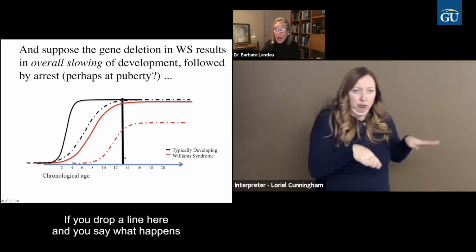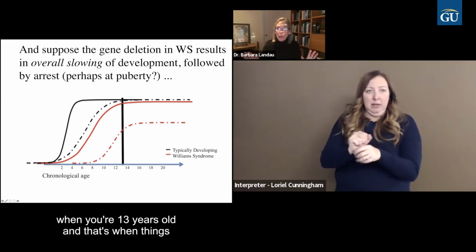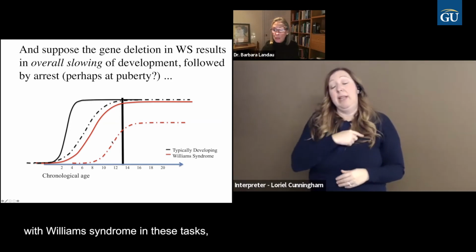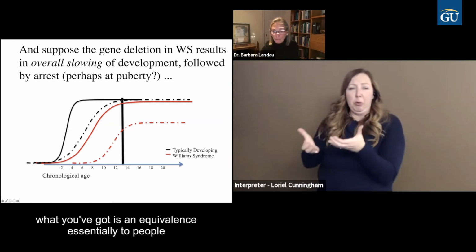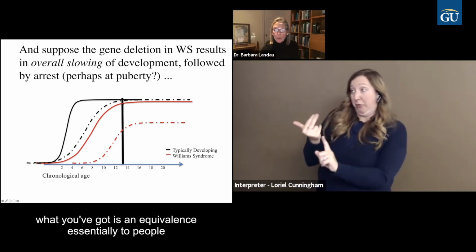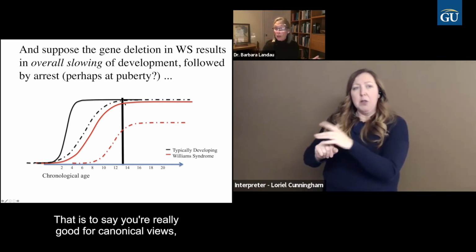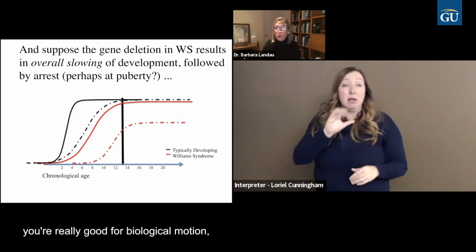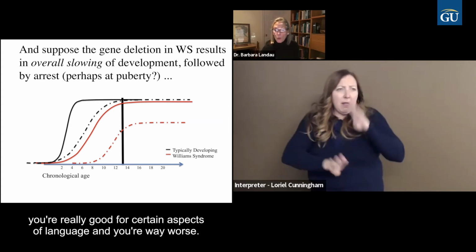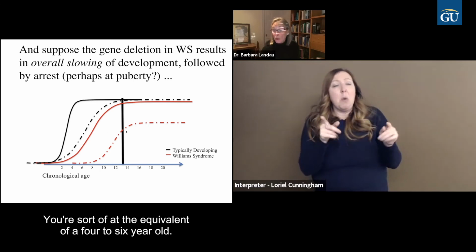If you drop a line here and you say, what happens when you're 13 years old? And that's when things look like they're stabilized more or less for a person with Williams syndrome in these tasks. What you've got is an equivalence essentially to people who are at ceiling for the early emerging things. That is to say, you're really good for canonical views. You're really good for biological motion. You're really good for certain aspects of language. And you're way worse. You're sort of at the equivalent of a 4 to 6 year old for those late